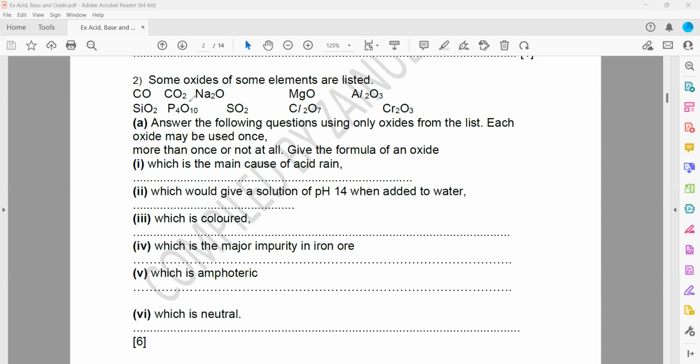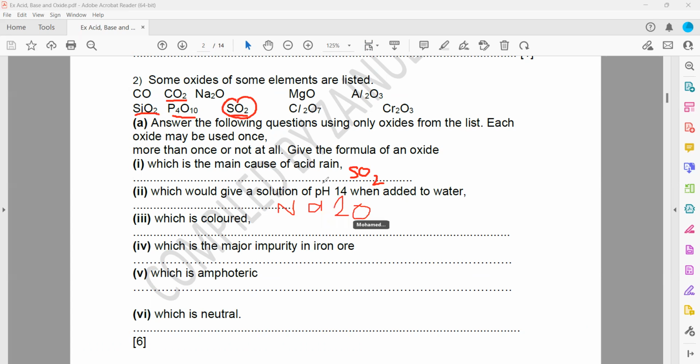We have these all: carbon dioxide is acidic, sulfur dioxide is acidic, phosphorus, silicon, these are acidic oxides. But the major cause, sorry, is sulfur dioxide, SO2. You can also use screen annotation to answer. It's fine. If you know the answer, you can use screen annotation. Which oxide could give the solution with a pH